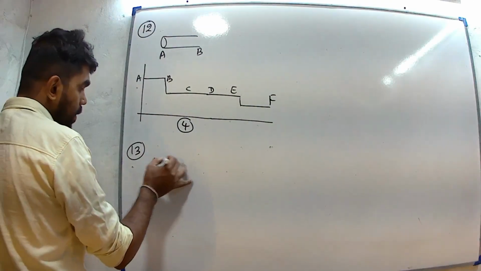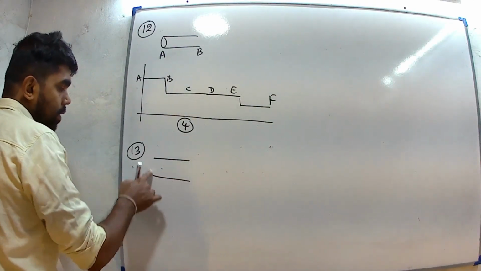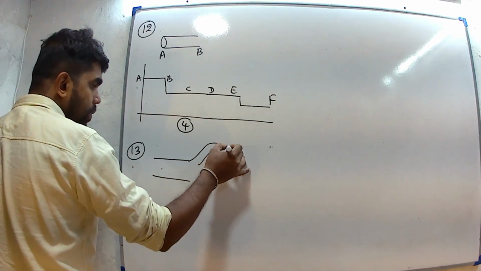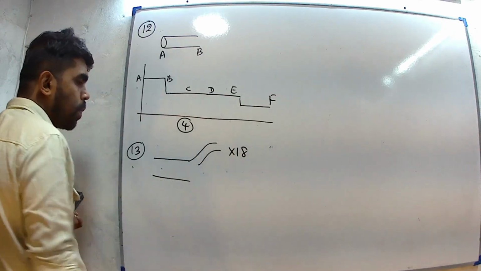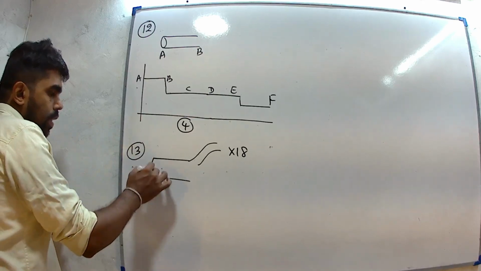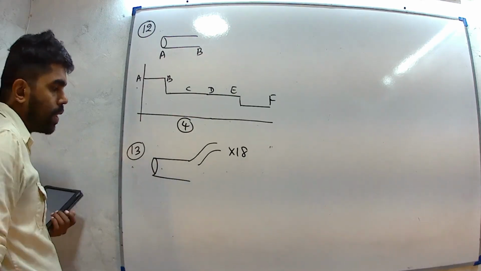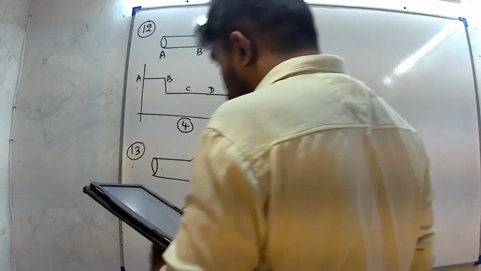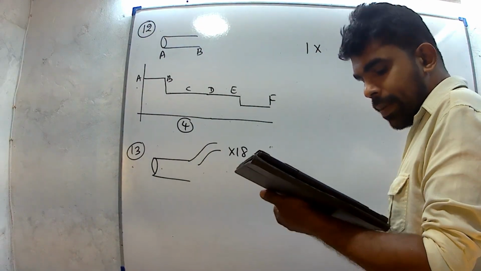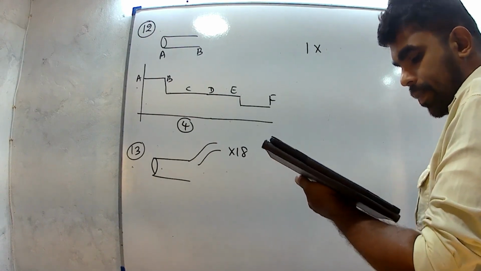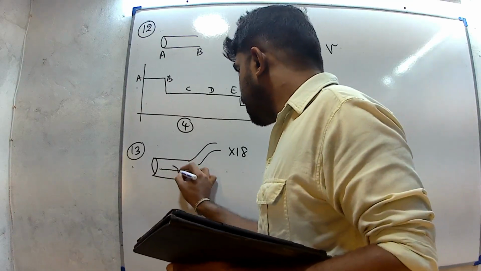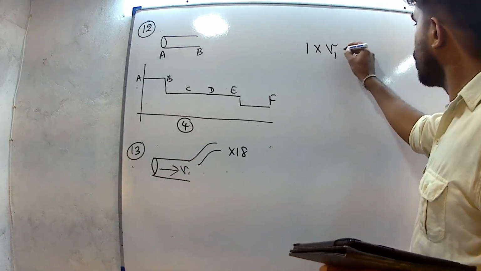You can consider if the large artery is this one, and it is divided into 18 small arteries, AV should be constant. Then the cross-sectional area for the large artery, 1 square centimeter, multiplied by the velocity at the major artery, V1, should be equal to